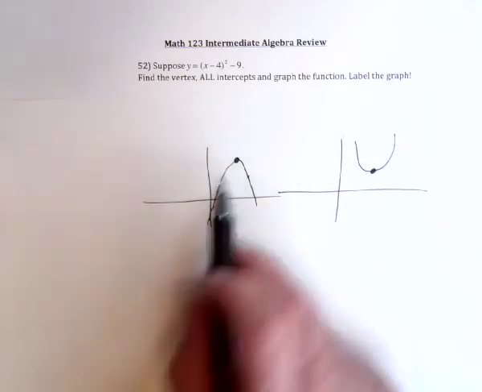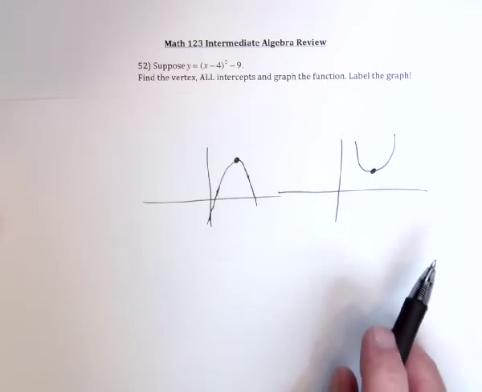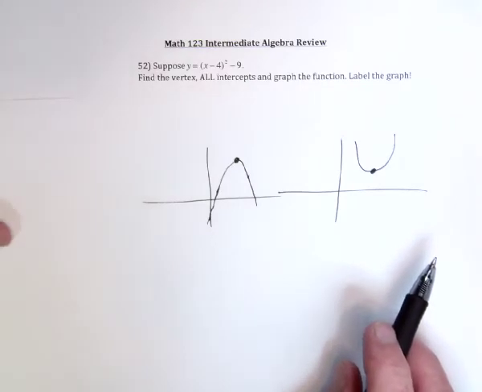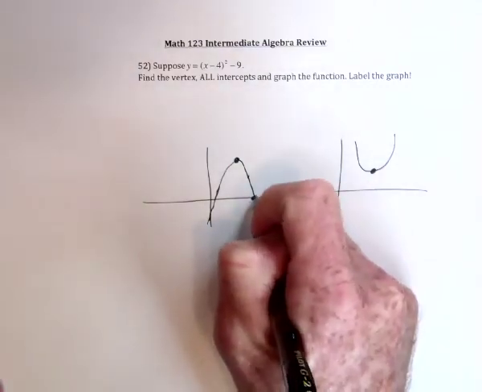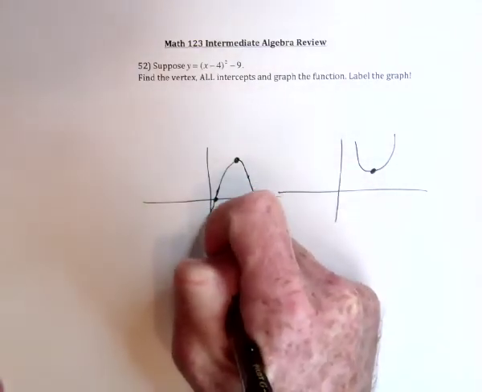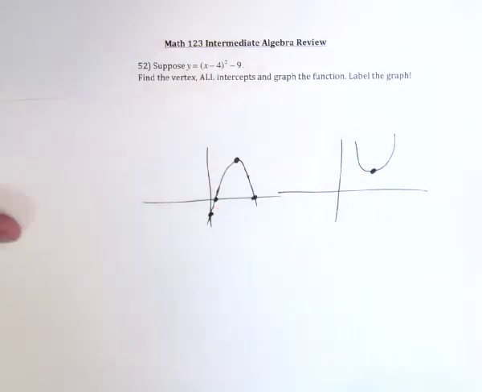In pre-calculus, you can have parabolas opening to the left and to the right. And then in calculus, you can have them open any direction you want. So we also need to find the intercepts, like this has 2 x-intercepts and 1 y-intercept. All right,